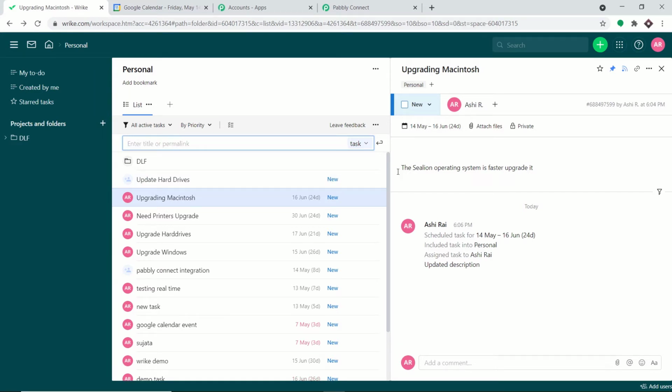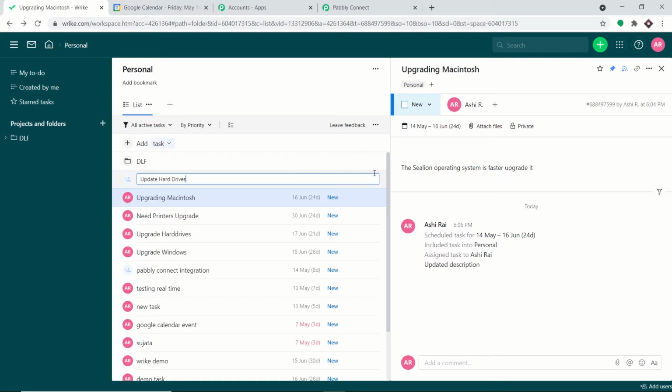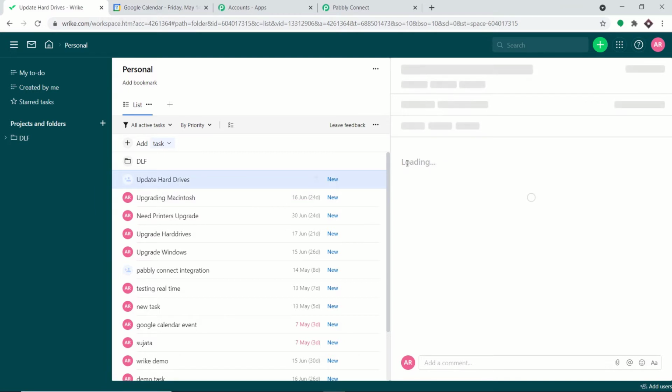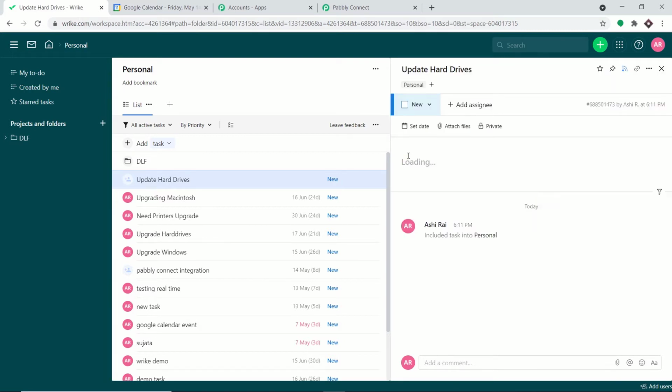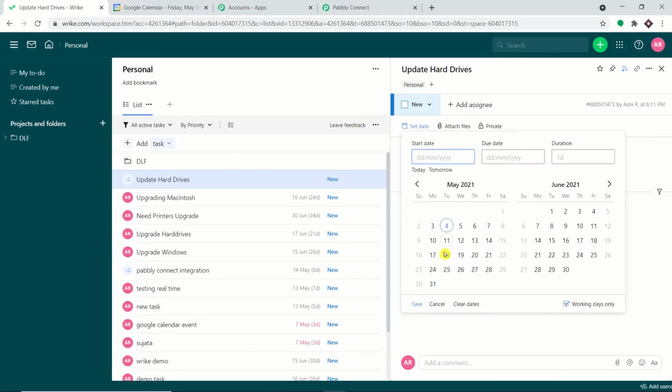Okay, and what I'm going to do here is we are going to enter some more details related to it. So basically after that we are going to enter the description, we are going to set the due date, we are going to set the end date, and we are going to also assign this task to a person. So first of all, let's start by creating the start date as well as the due date. So we have the start date as May 18th, and I'm keeping the due date on 8th of June. Okay, so we have a gap of 16 days.